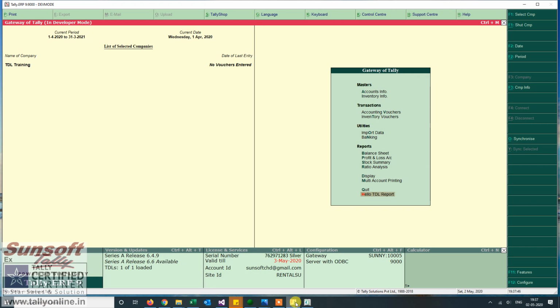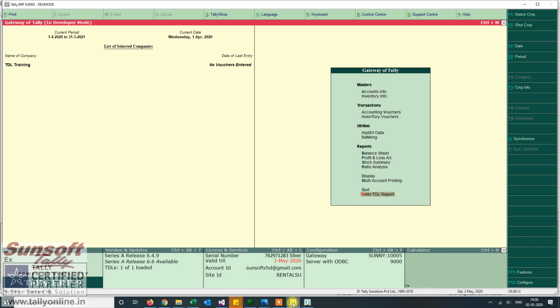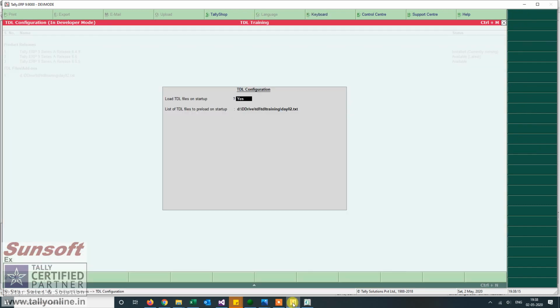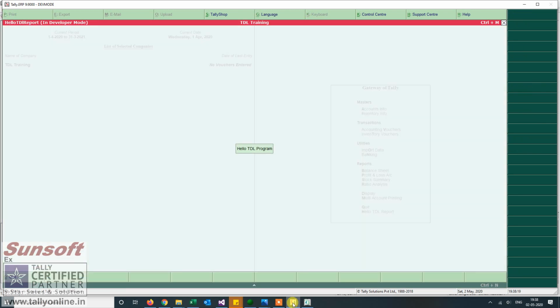Now we'll make some amendments in this report and see how the sizing and spacing attributes work on this. First we move to height and width. In this case, I just give a width to the field. I give a 50 width to the field, and let us see what difference we see in the report. Since I made the changes and ran this report, we see it is running the same as it was earlier.